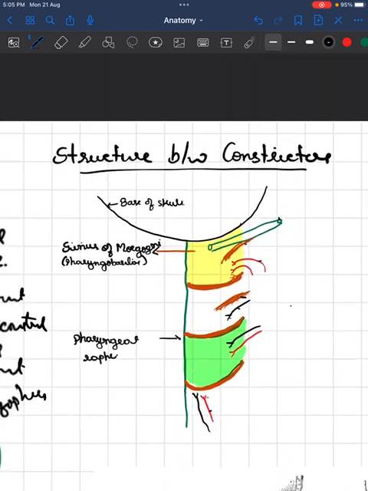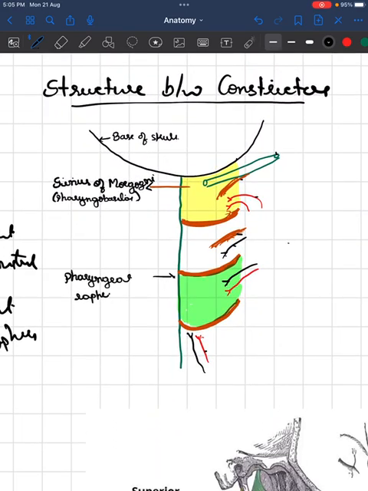Now we'll see what structures lie between the constrictor muscles. There is a space between the base of the skull and the superior constrictor, marked in yellow in the diagram. The space is known as the sinus of Morgagni. In this we can see four structures: the eustachian tube,